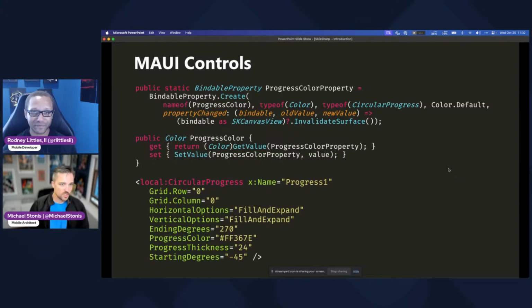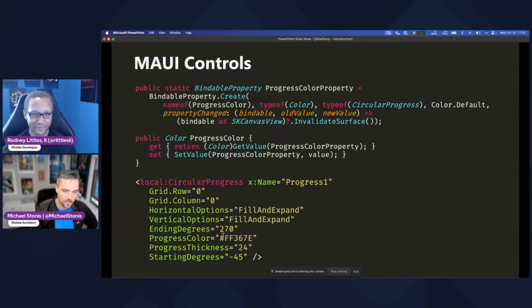So using all those concepts, what we can do is build MAUI controls on top of that. Like I mentioned, we're going to look at a few different options here. But you would build a MAUI control like you would any other custom MAUI control from here on out. In this case, we're going to look at two controls: a linear progress and a circular progress view. Essentially, all you would do is cook up a bunch of bindable properties. Give me something that tells me the progress color. Give me something that tells me the degrees for